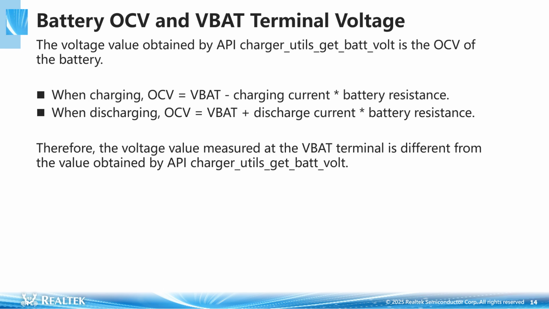This section introduces the difference between the battery open circuit voltage and the VBAT terminal voltage. The API provides the battery's open circuit voltage, not the VBAT terminal voltage. During charging, the battery's open circuit voltage equals the VBAT terminal voltage minus the charging current multiplied by the battery's internal resistance. During discharging, the battery's open circuit voltage equals the VBAT terminal voltage plus the discharging current multiplied by